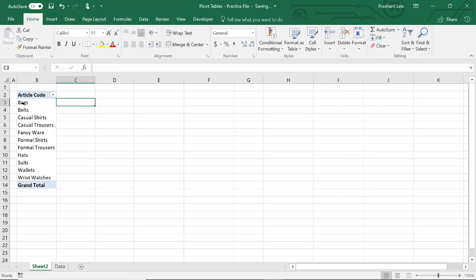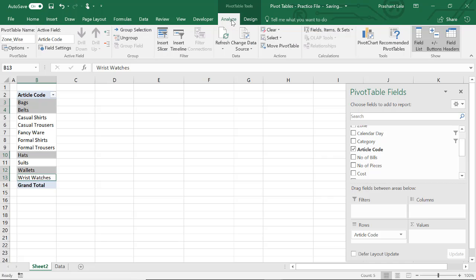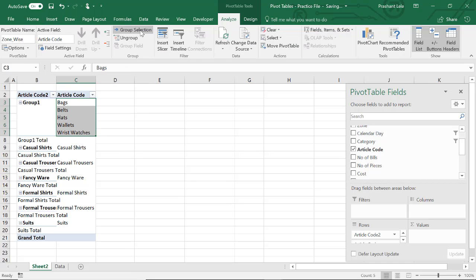If you want to group bags, belts, hats, wallets and wristwatches, just select all of them and go to Analyze, Group Selection. Excel will do it for you.